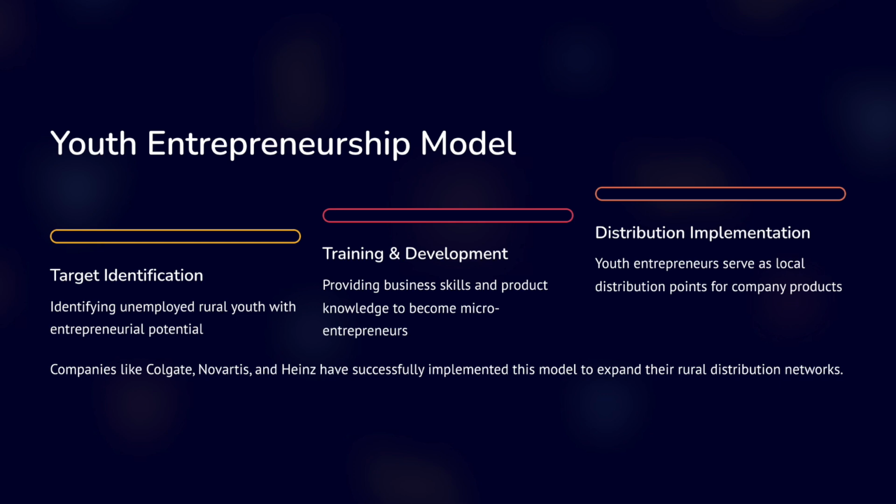This idea was promoted by MART, and companies like Colgate, Heinz and Novartis have used it successfully. For example, Colgate Disa is a popular case where rural youth helped the brand reach villages that were hard to access before. This model not only helps companies grow but also gives rural youth a chance to earn and build